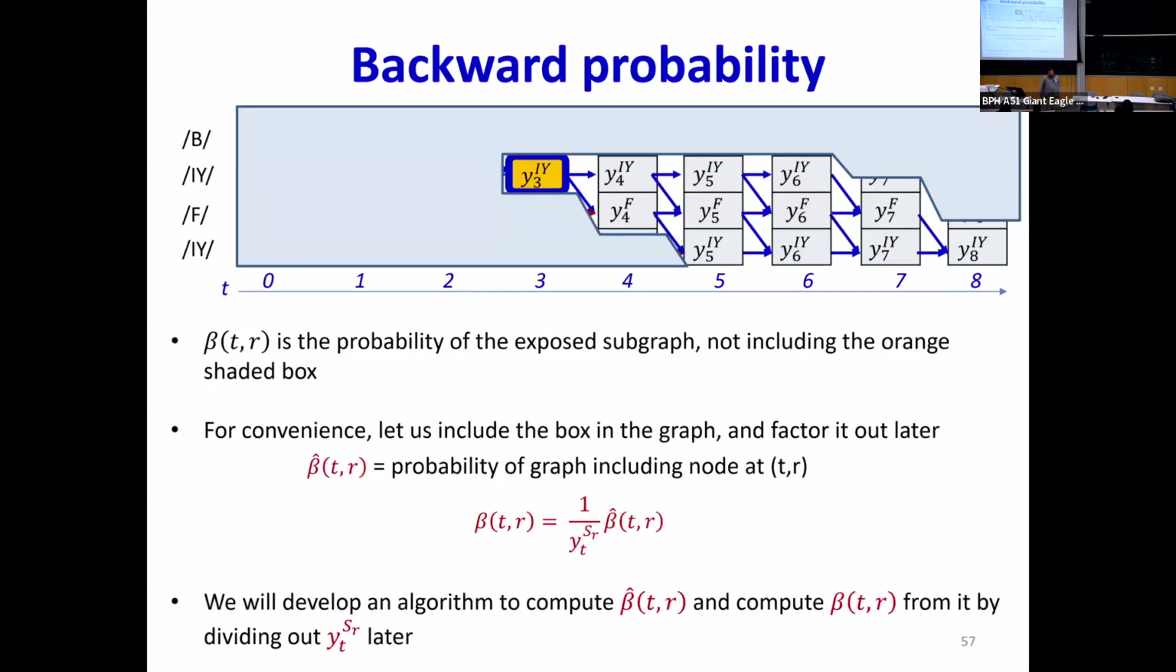Now, just to make things convenient, I'm going to include the orange node in the computation. And that will give me the probability of this entire subgraph, including this node. But then once I've done computing the probability, I'll just divide by the probability of the node and get rid of that probability. So I just have the probability that I actually want. So now let's see how I can compute the probability for the graph that I've just shown, the exposed portion